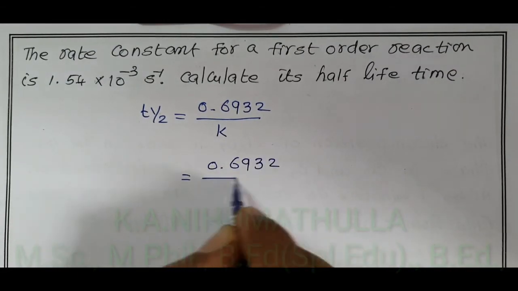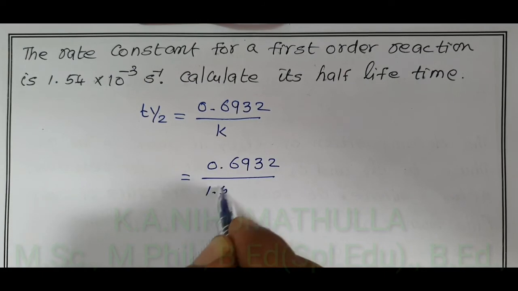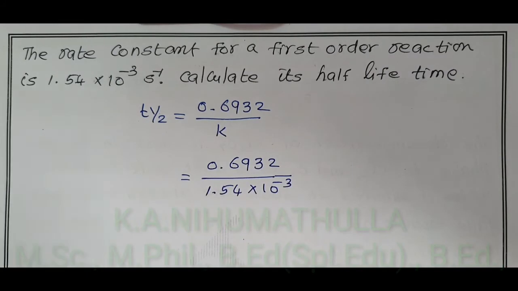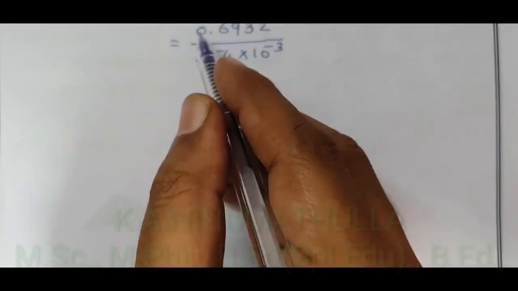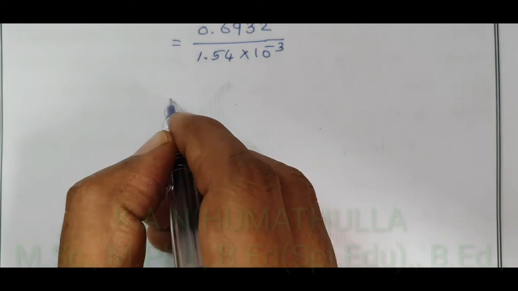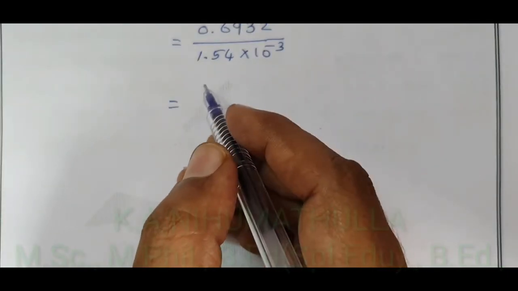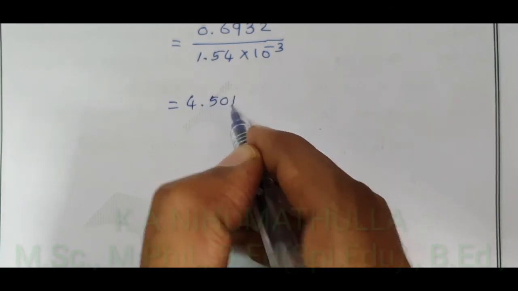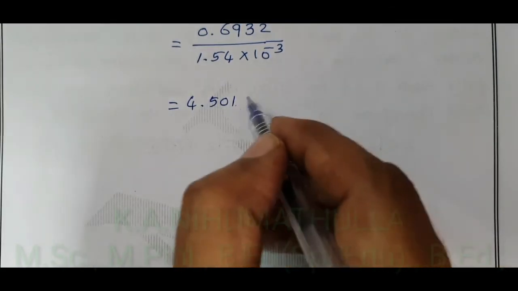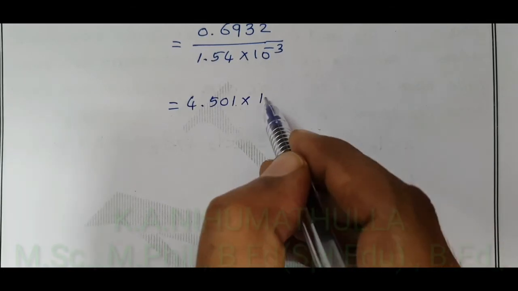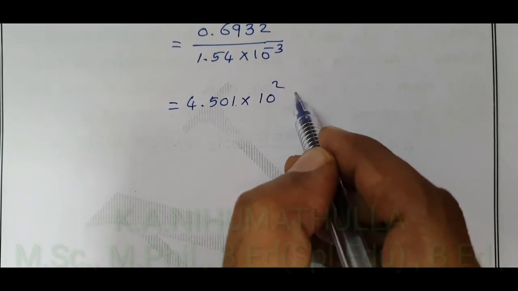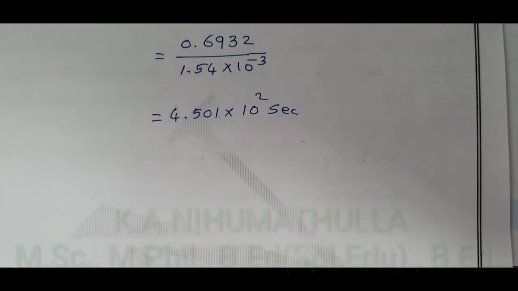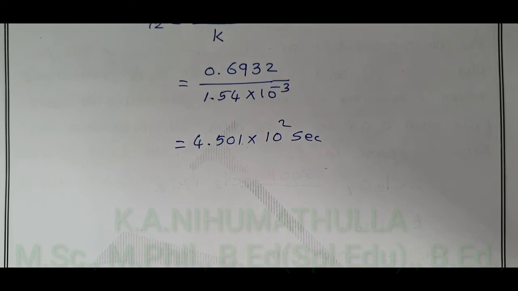0.6932 by 1.54 into 10 power minus 3, that is given in our problem. So, when you divide 0.6932 by 1.54, you will get 4.501 into 10 power 2 second. This is the answer, but you can easily do the sum by dividing